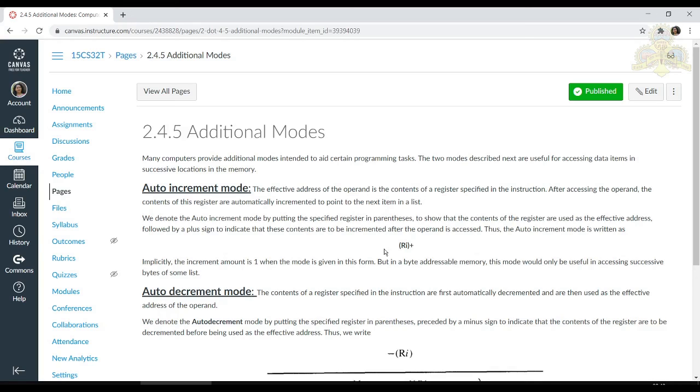How do you represent it? Into the parenthesis you write the register name and then a plus sign. This means first you access the operand, and once you have accessed it, it is automatically incremented by 1 so that it points to the next item.